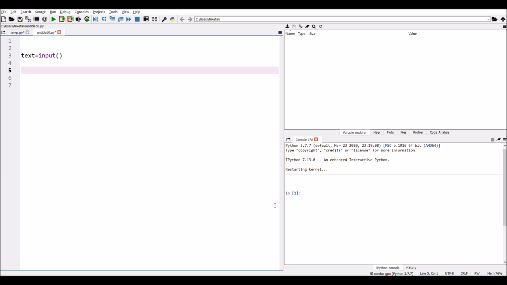So here is the Python code for the question discussed. We will take in the string input from the built-in input function and store it in a variable called text. Now, considering the test case, the string is of length 3 and we have to find the number of times the letter A is repeated in the infinite string of 10 characters.